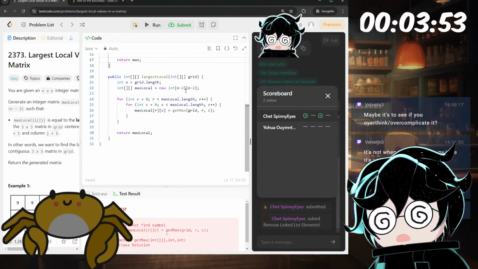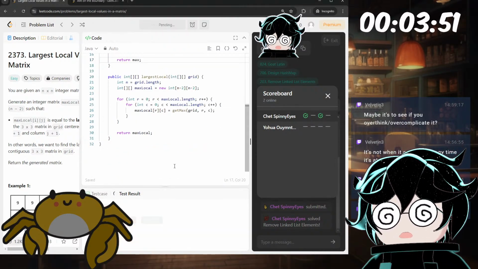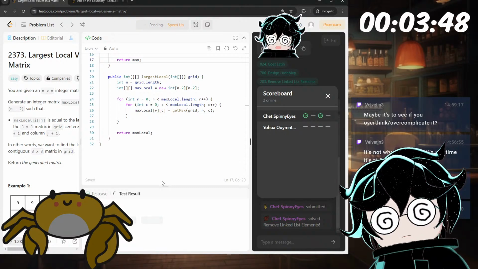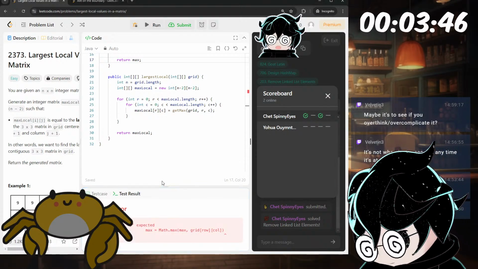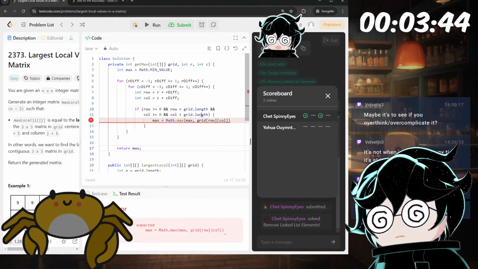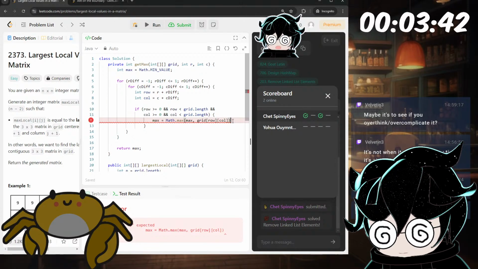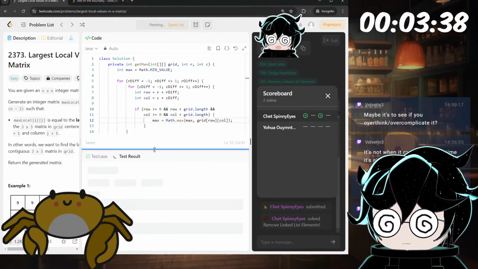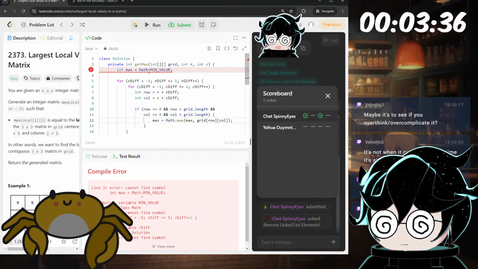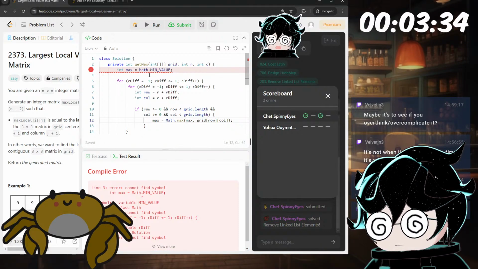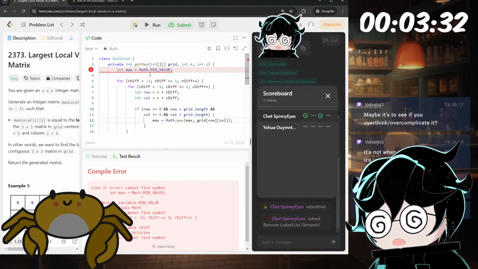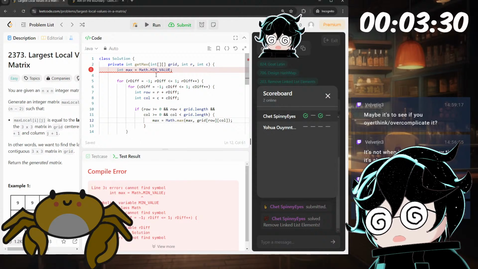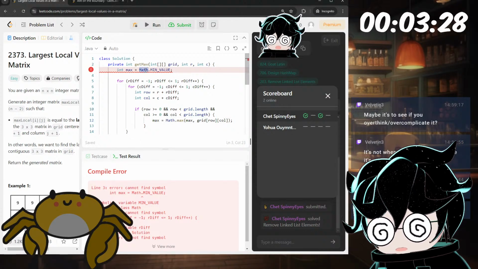Ho ho. I have a feeling this isn't gonna work. Line 12. Oh. Math dot, cannot find symbol. Oh, Integer.